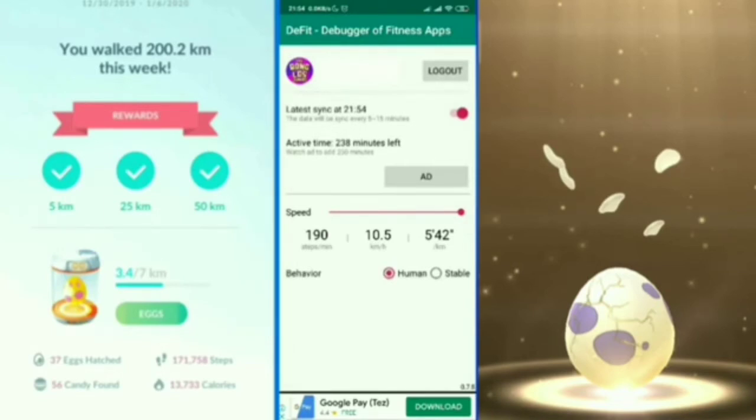So once you get the speed to 10.5, which is the highest, you need to close DeFit and open Pokemon Go. Once you're in Pokemon Go, you need to close Adventure Sync. So you need to uncheck the box where Adventure Sync is, so that it's able to re-log in with the DeFit app. Once you have unchecked Adventure Sync in the settings in the Pokemon Go app, open DeFit again,